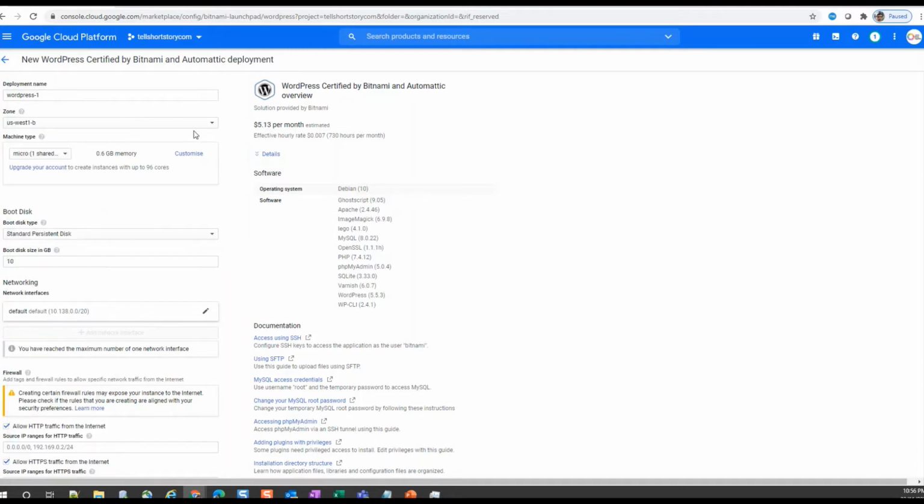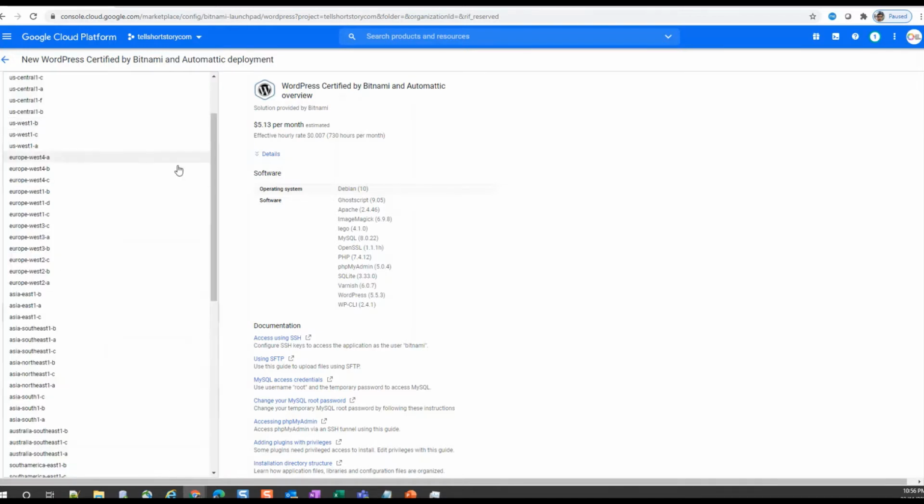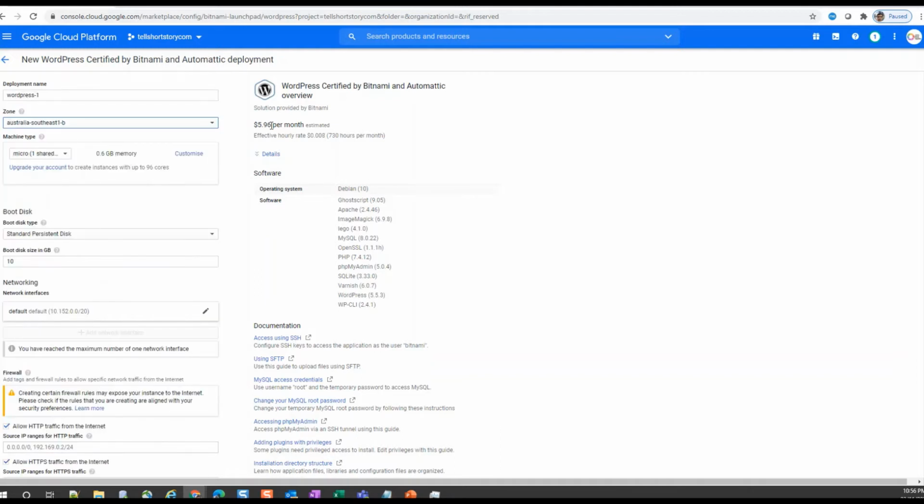But this price also depends upon what zone you are selecting. There is a little bit of price change across the zones. For example, if I select something in Australia, where I am, it will fluctuate a little bit. So I'm just going to select the small instance, and then here is the option to select